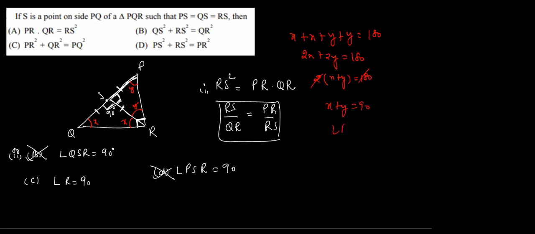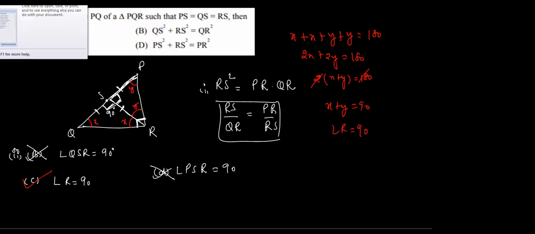So if I'm proving this one, X plus X plus Y plus Y is equals to 180 degree. Means this angle plus this and all angle will be of sum will be 180 degree. You can write it 2x plus 2y is equals to 180 degree. So you can take the 2 as common, 2(x plus y) is equals to 180 degree. So when you cut it, you will get x plus y is equals to 90 degree. You can say angle R is equals to 90 degree. And if angle R is equals to 90 degree, so option C will be correct. Got it?